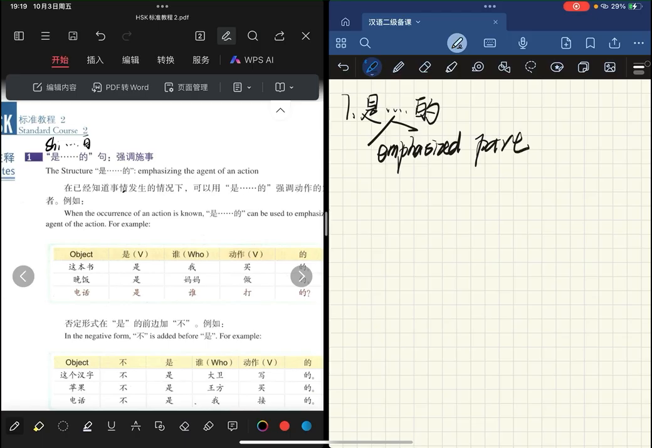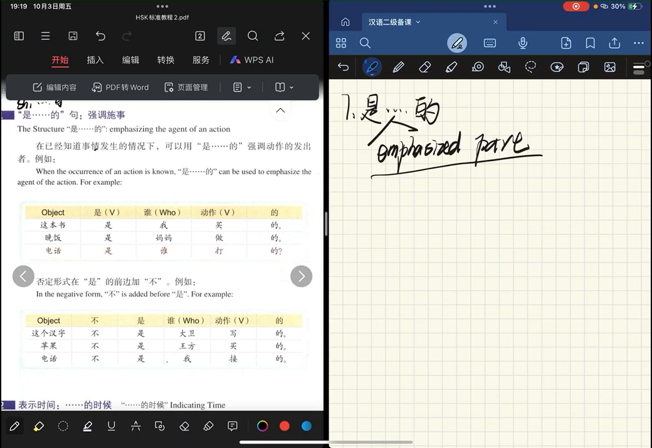This sentence structure is used for emphasis, and the emphasis part, we put the part in the middle of this structure. So in this lesson, we learn to emphasize the doer of an action. It means emphasize the agent of an action. So when the occurrence of an action is known, this structure 是的 can be used to emphasize the agent of the action. So for example,